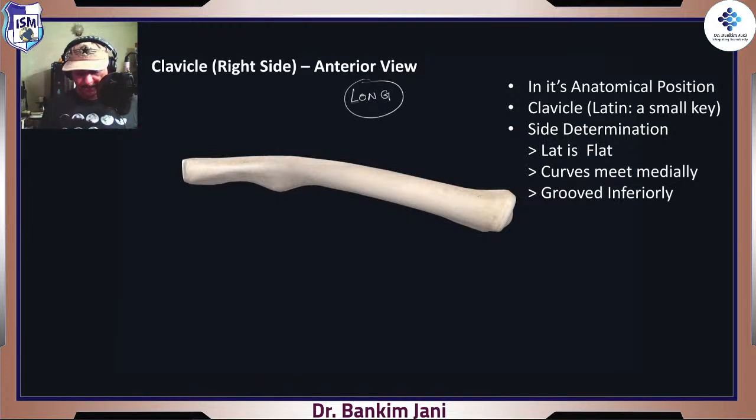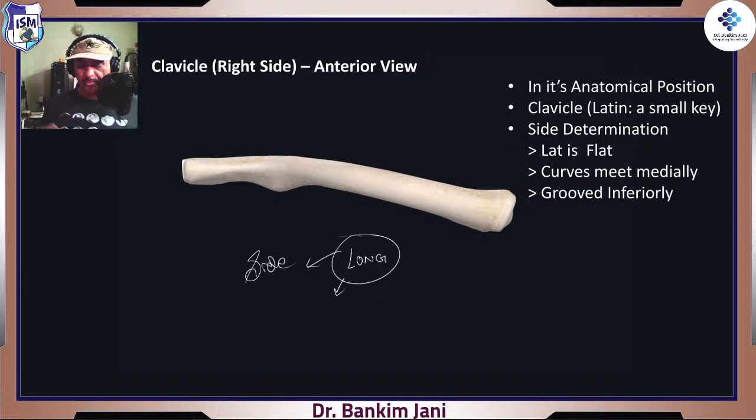Let me write it over here. For long bones, first the side determination. Why is this needed? Because you should know its importance. It will come in forensics. You get a piece of bone, the entire body has been destroyed, and you come up with a small piece of bone. Just by the look of it, you come to know which bone it is, which side it is, and then